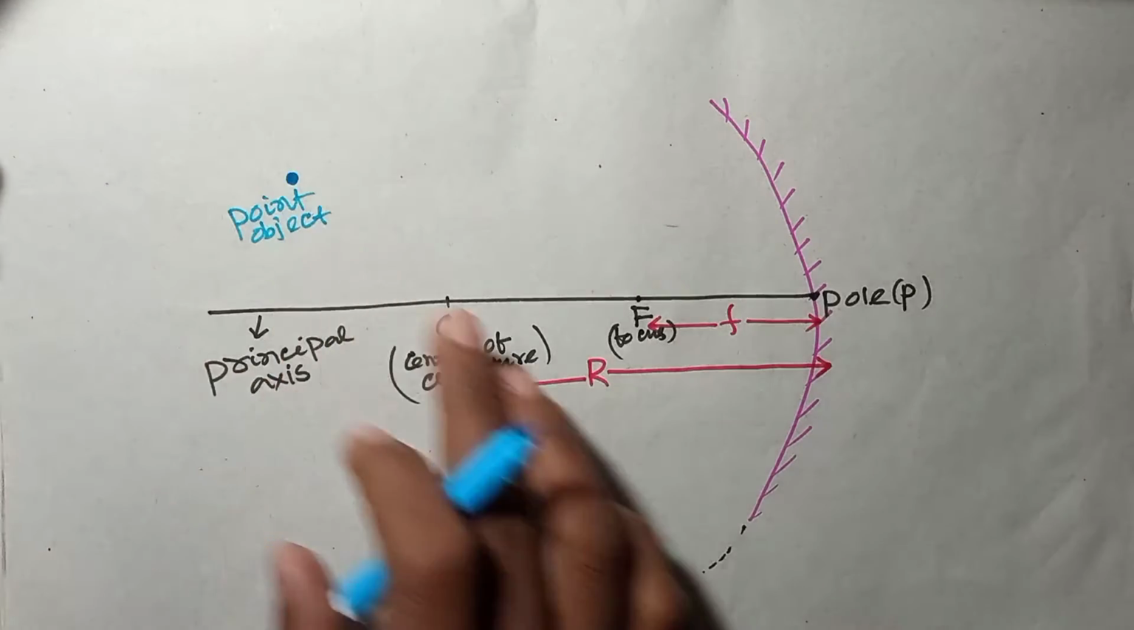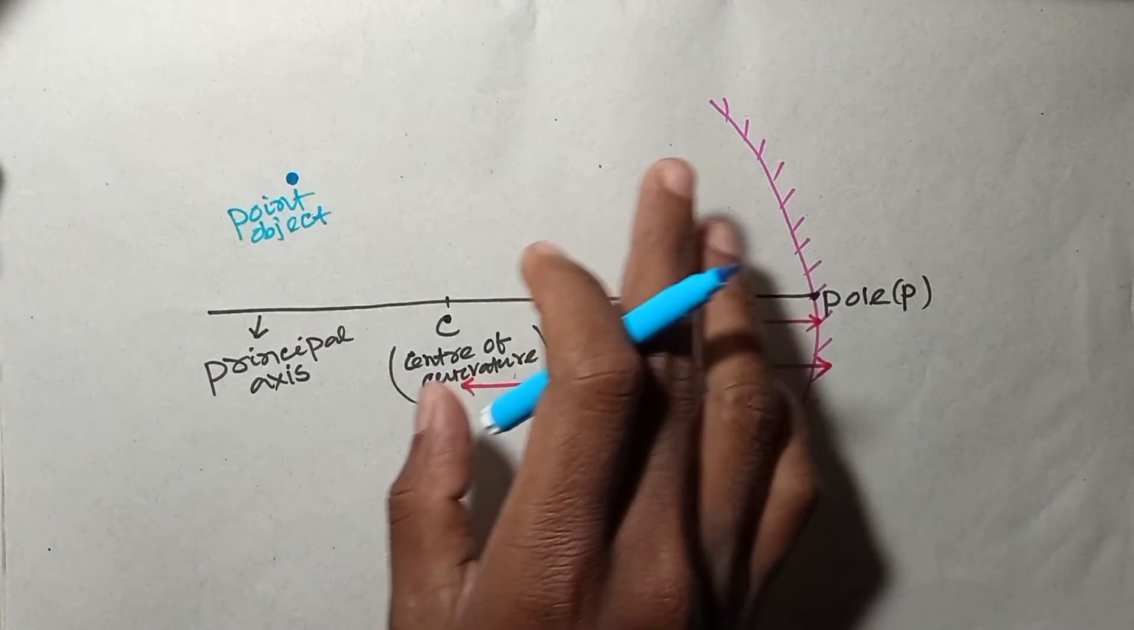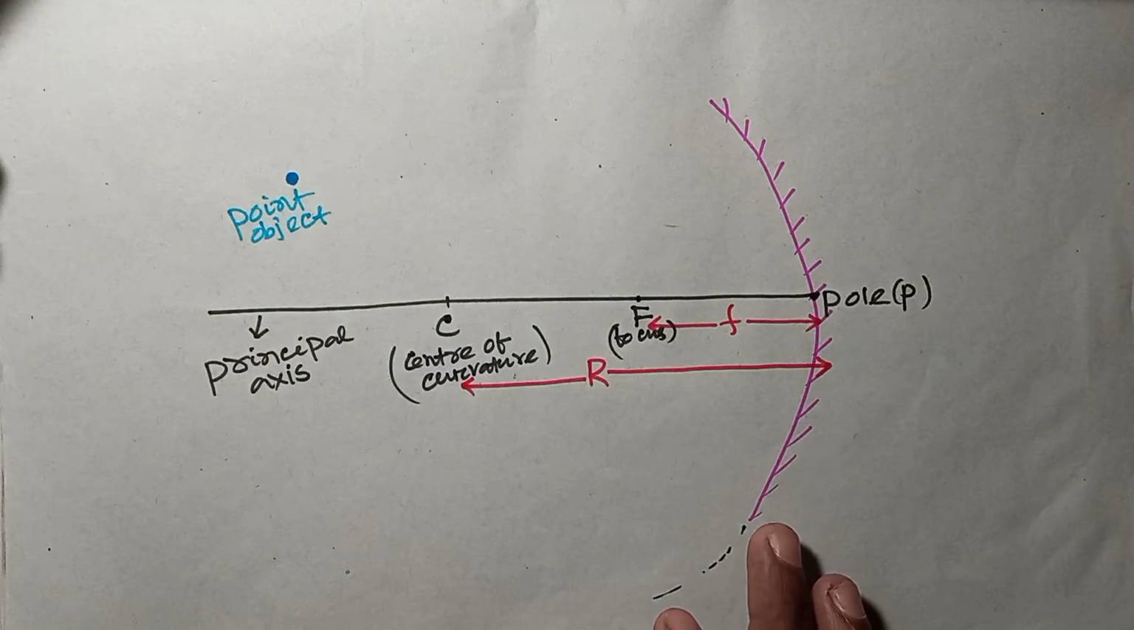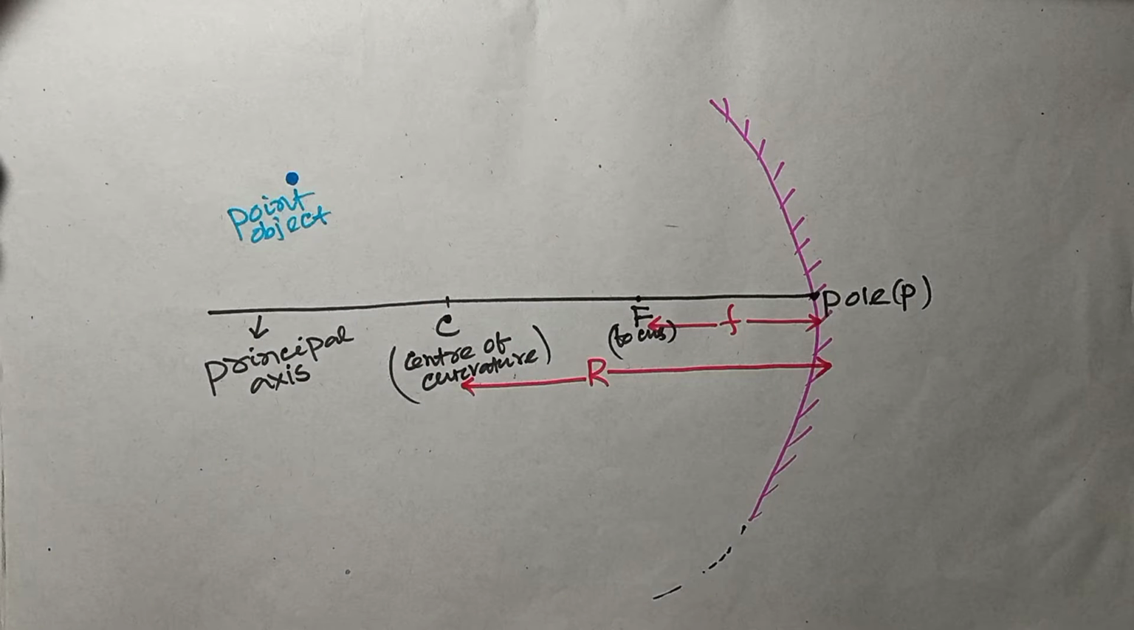So in order to determine the position of the image formed by a point object, we need a minimum of 2 reflected rays. Okay, so we have to draw a minimum of 2 reflected rays. Okay, and the point of intersection of the 2 reflected rays will be the position of the image. Okay, so let's draw the